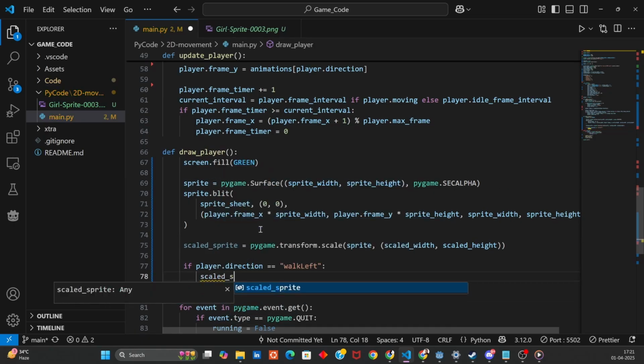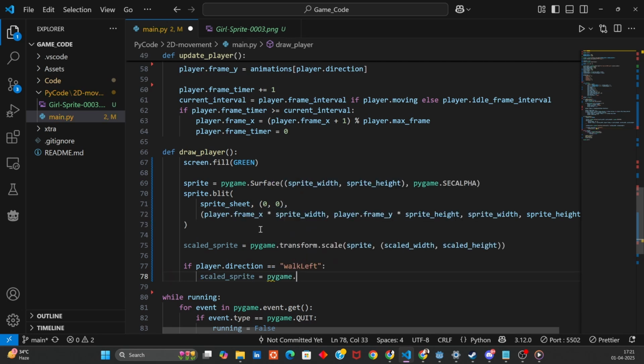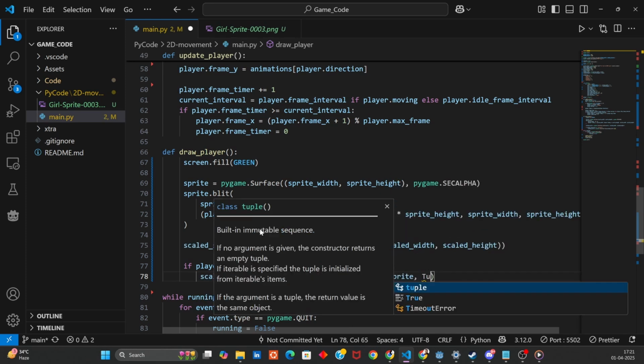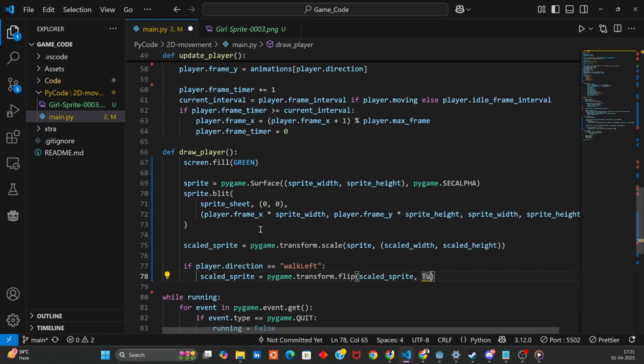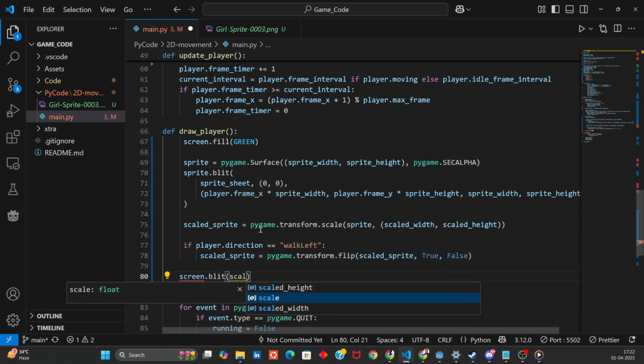So what we will do is scaled_sprite equals pygame.transform.flip, and we need to pass our scaled sprite, and then we will pass True and False. Now, lastly, what we need to do is screen.blit, and we need to pass our scaled sprite,